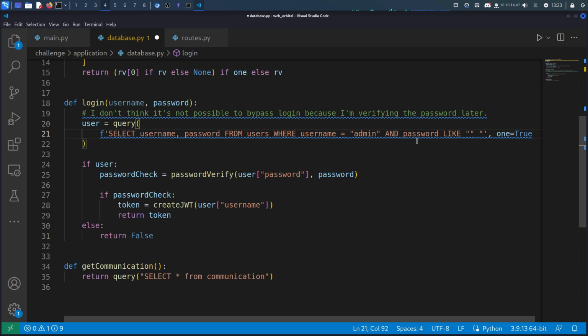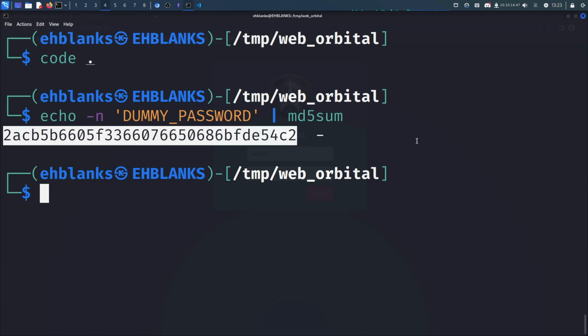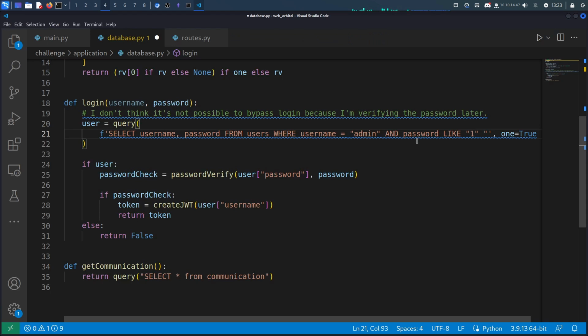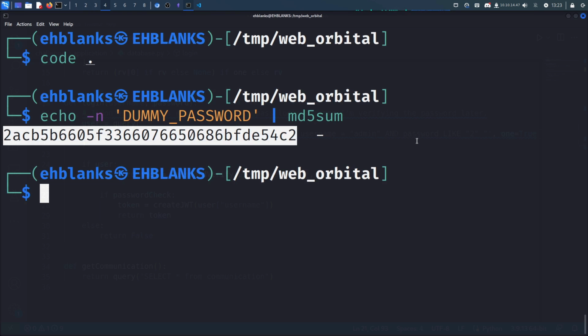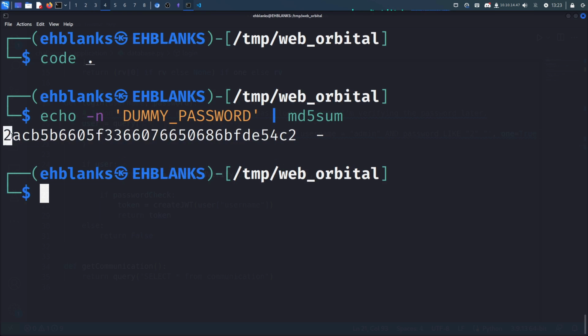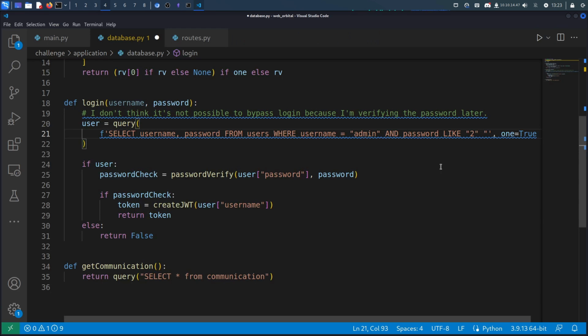And we know that the password is being hashed, it's an MD5 hash, like this one over here, right? So what if it starts with, let's just say, 2? Let's imagine that the password in the database starts with 2. And for those that know SQL, you will know that the percentage sign just means it doesn't matter what's after the 2, just match that it starts with 2, and everything else can be whatever it is. It's like a prefix, and then everything else doesn't matter. Just match anything that starts with 2, and that's it, right? So if I say this,